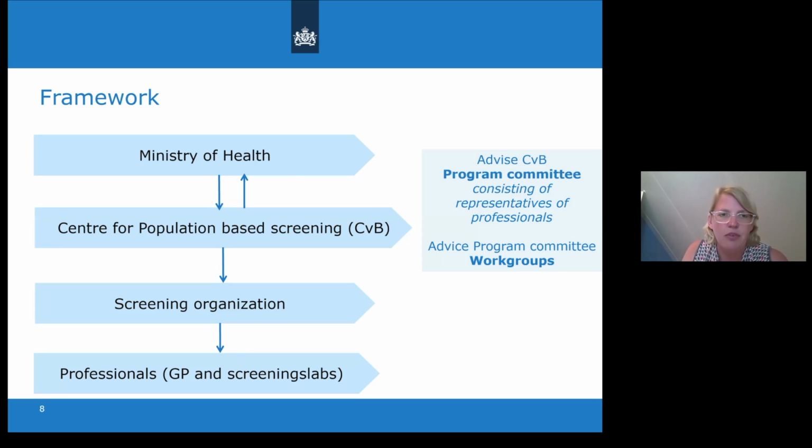And like I said, we already had, of course, a nationwide population-based screening program. So this means we have a really good registry of addresses and date of birth and things like that in the Netherlands. I think that's a big pro that we have in the Western world. And we have a system in the Netherlands where our Ministry of Health will have a national health council to advise, but then they will make the decision to switch to HPV screening in this case. And then because I'm working at the Center for Population-Based Screening, we'll implement this new program in the Netherlands